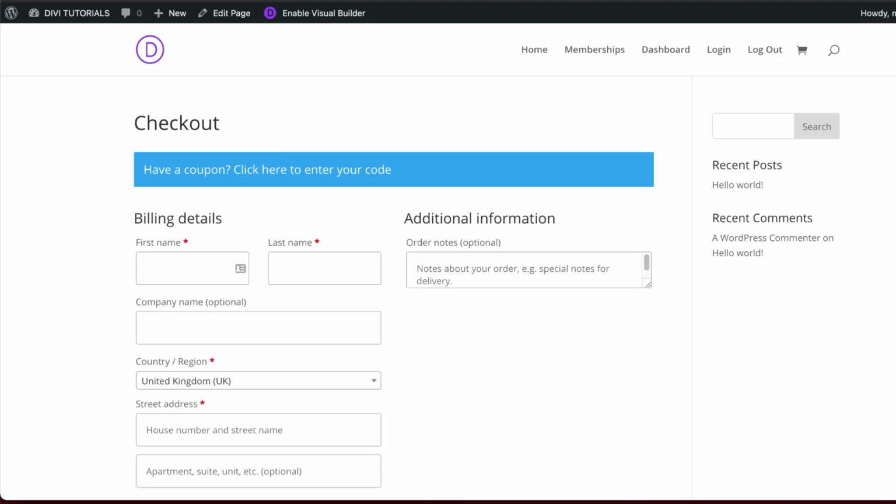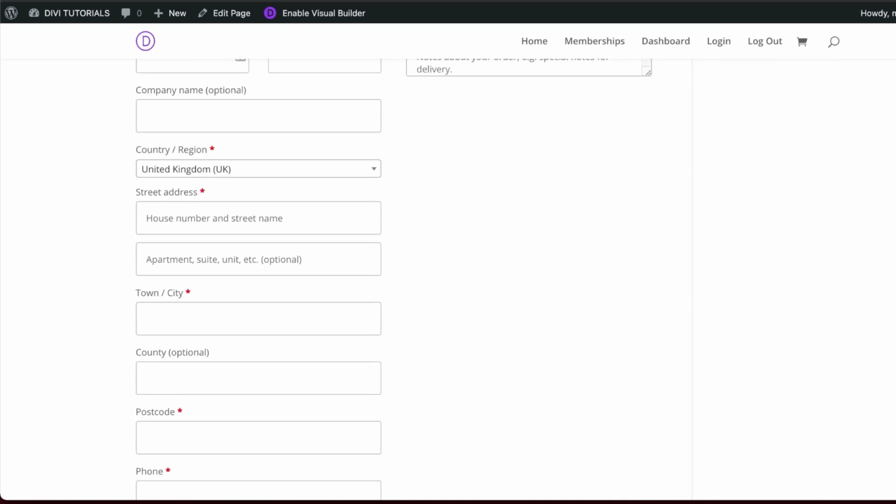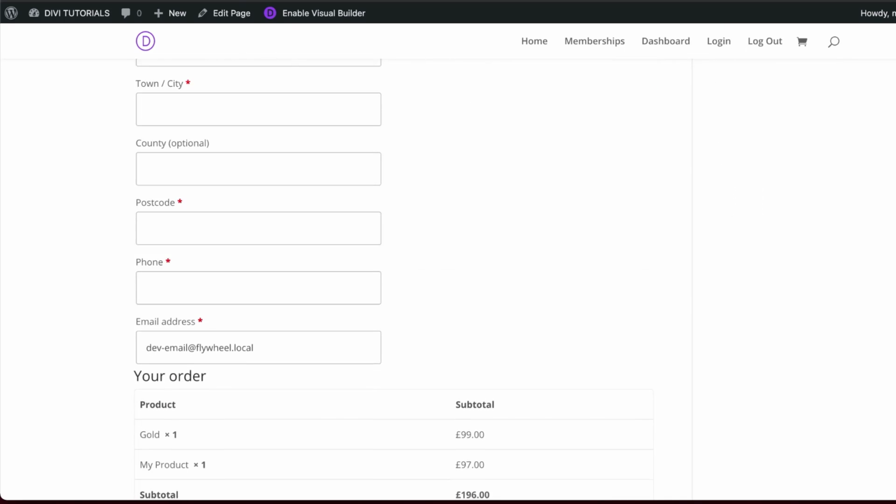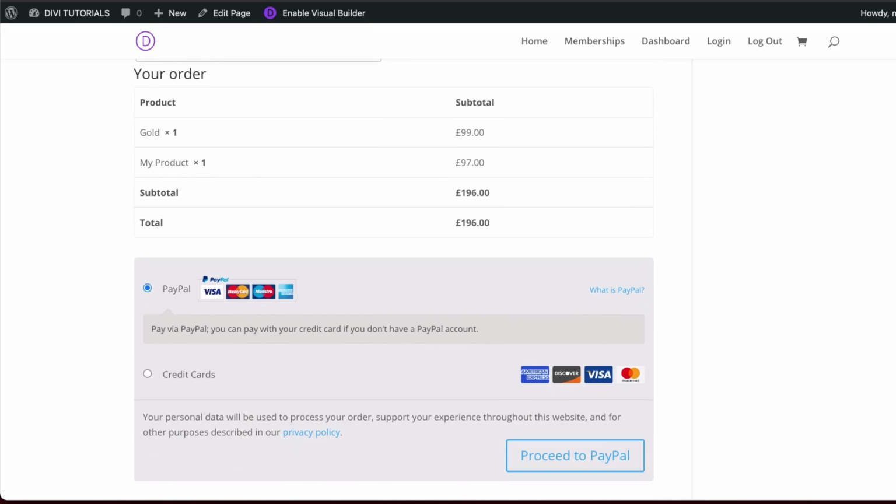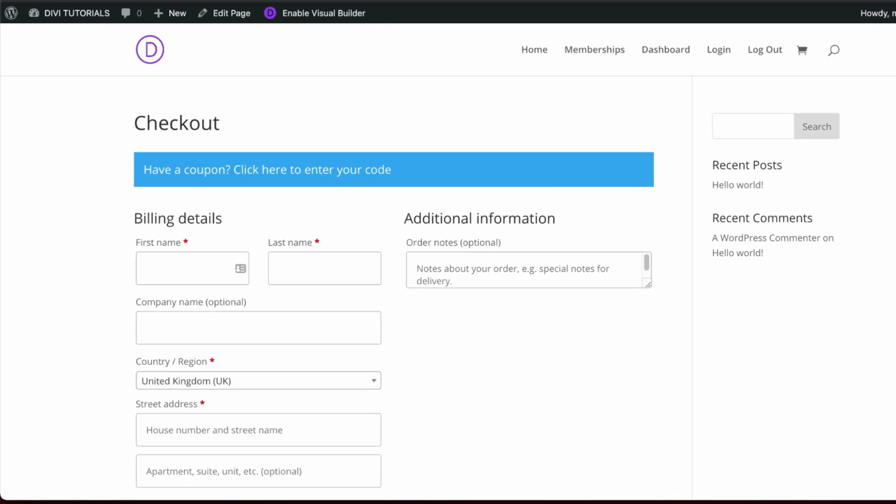When it comes to building a website to sell your online products or services, WooCommerce is no doubt the best tool out there. But out of the box, the checkout page that you get with WooCommerce is not really attractive. So what I'm going to do today is to show you how to turn this boring page into something that